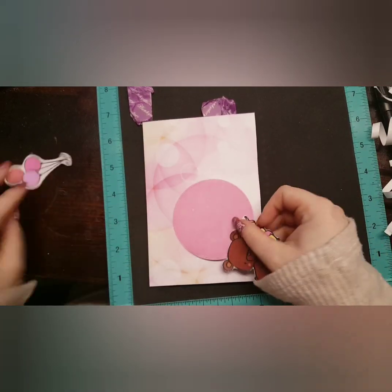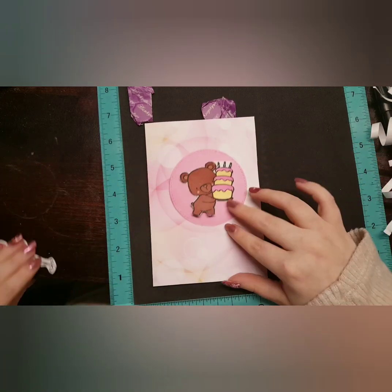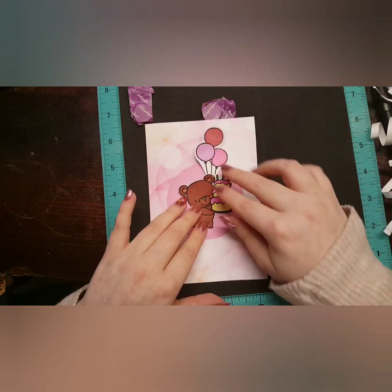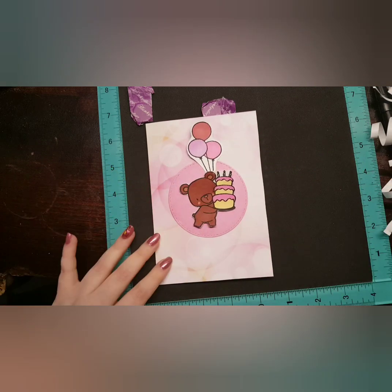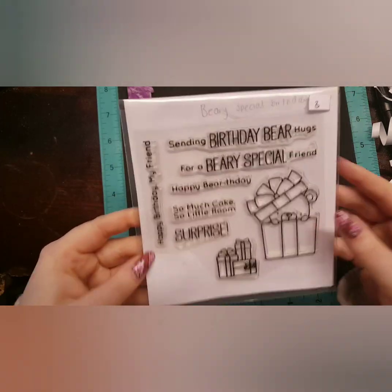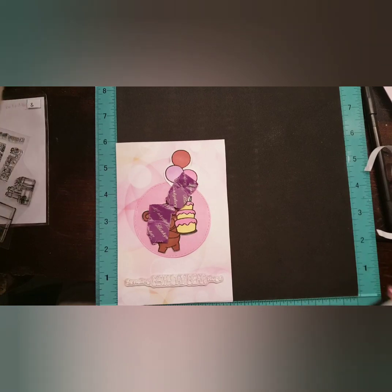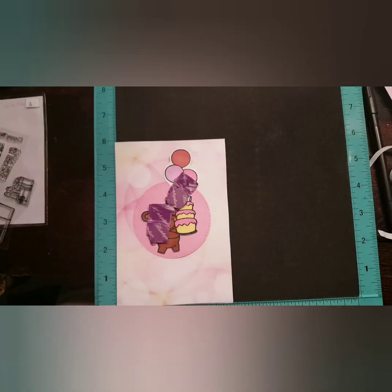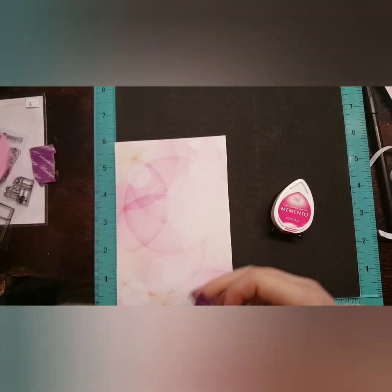So I'm bringing in all my images just to work out the placements and where I want my sentiment to go and all of that. The sentiment I ended up taking was "sending birthday bear hugs", and I ended up stamping this with my Memento Dewdrop inks in the shade Rosebud. And then I wanted to make it a little bit more shiny and pop off the page, if that makes sense. So I ended up doing the same sentiment again and just stamped directly over the pink with some clear